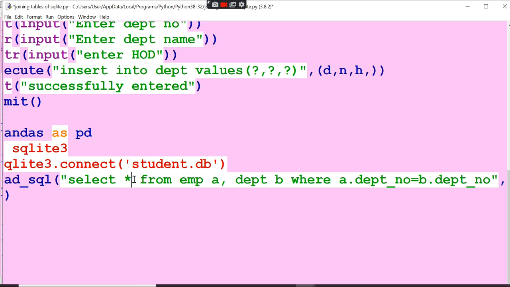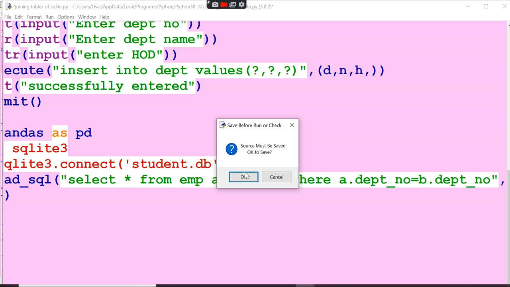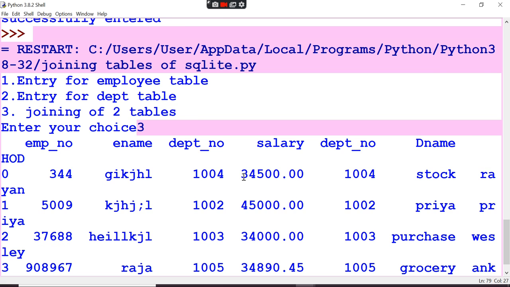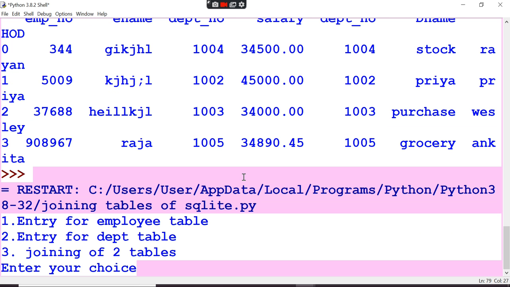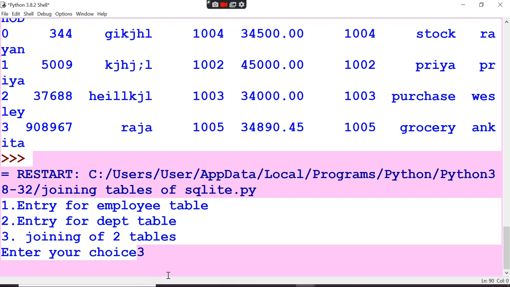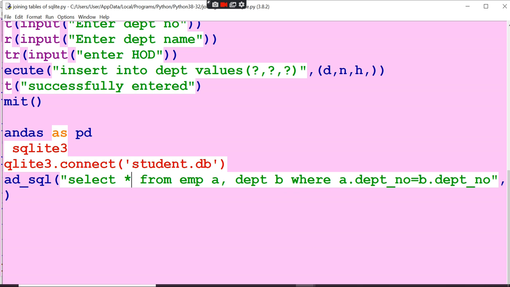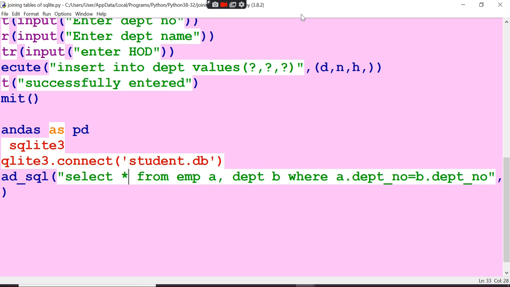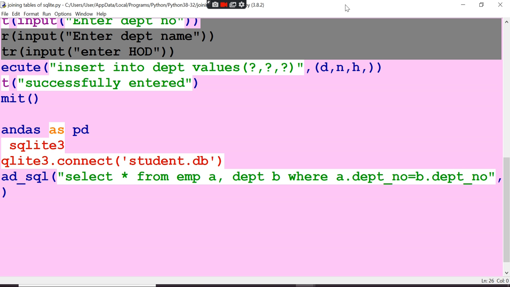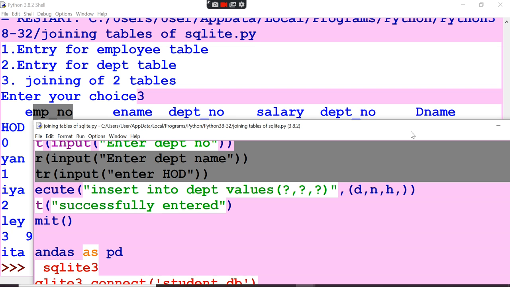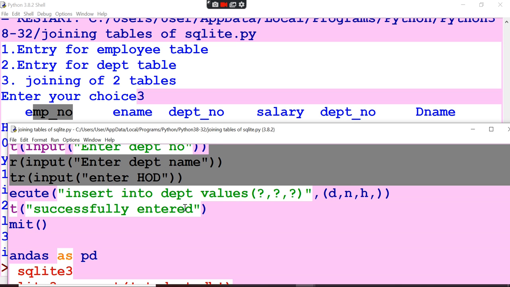F5. The same thing will come. Enter choice 3. Okay, so the fields you can see, employee number. So again I will take this one and I can give this field like this. How? Employee number, right?